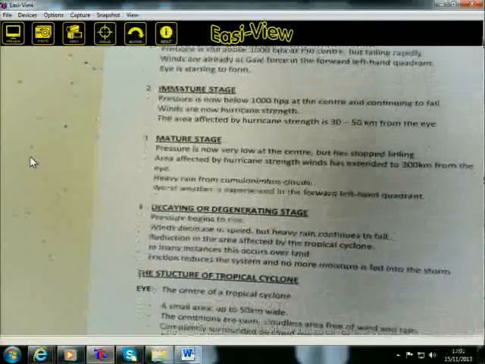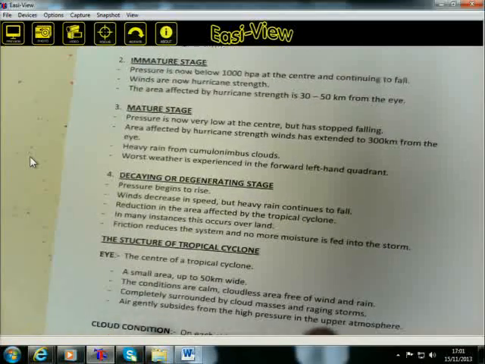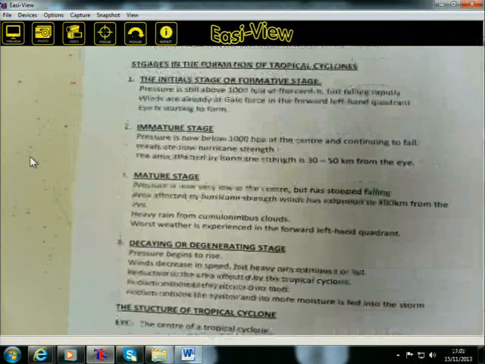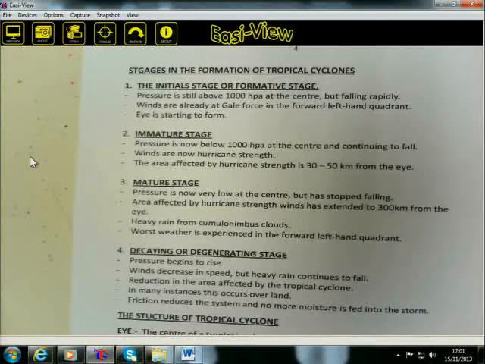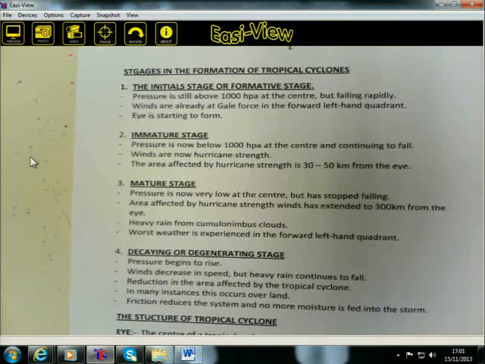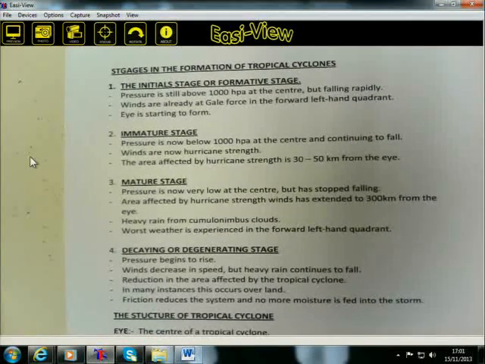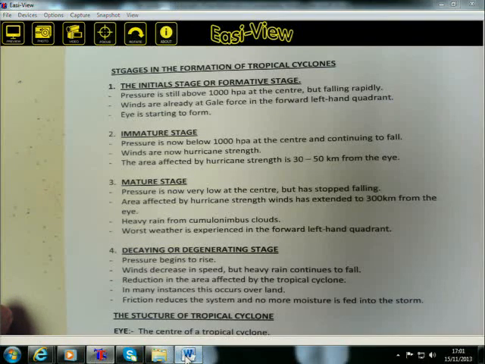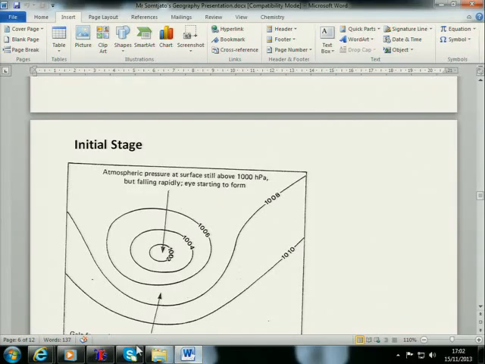Let us continue. Just like the mid-latitude cyclone, tropical cyclones also have stages of development. Let us look into some of them. The initial stage. In the initial stage,